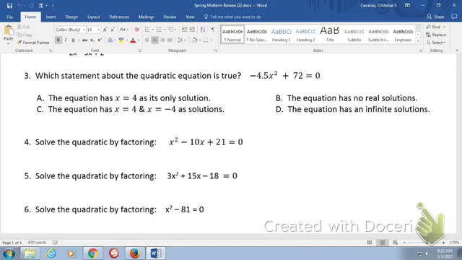For number 5, we need to do the same thing, okay? Every time when you're factoring something, you need to see if there is a greatest common factor, okay? In this one I didn't mention that because I just saw that there was nothing that we can take out of anything. But in this one, there is a 3 that we can take out, right? They are all, this number is divisible by 3, so we can divide this